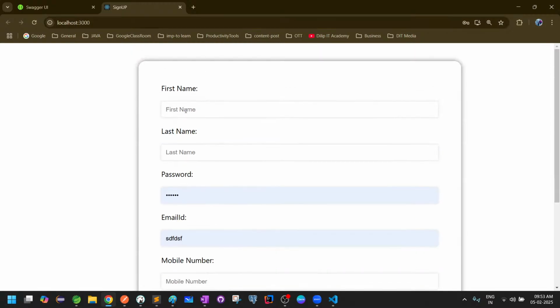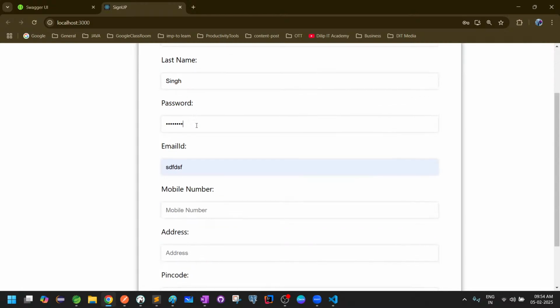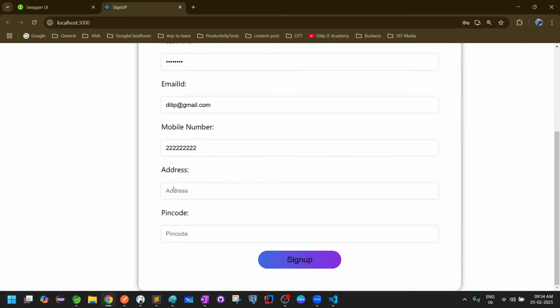Now let's see here. I'm entering Dilip, followed by Singh, and password Dilip123, and email ID dilip@gmail.com. And then I'm giving a mobile number like this, and for address I again gave Hyderabad, and I've given some pin code. Now the moment I click on sign up,